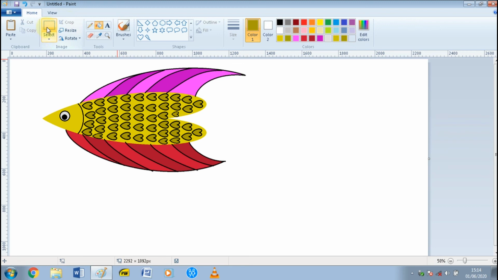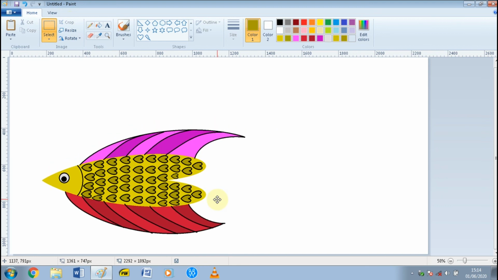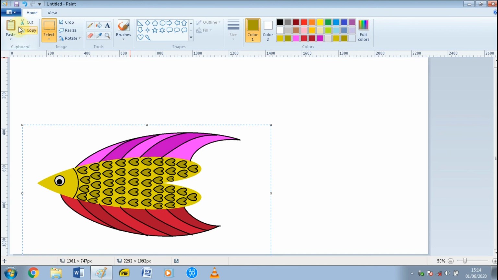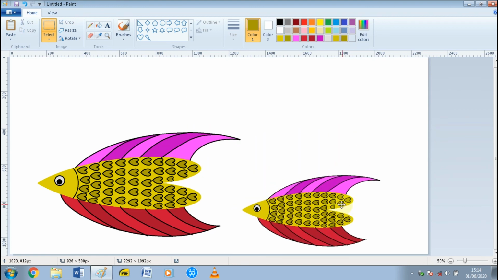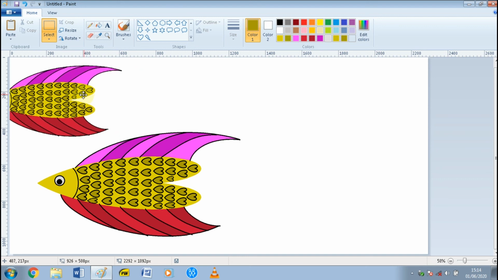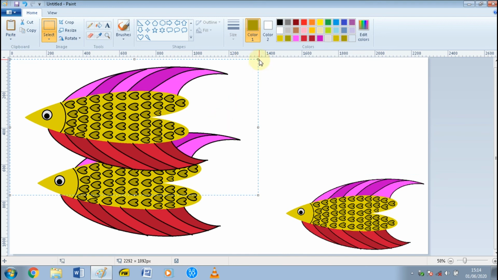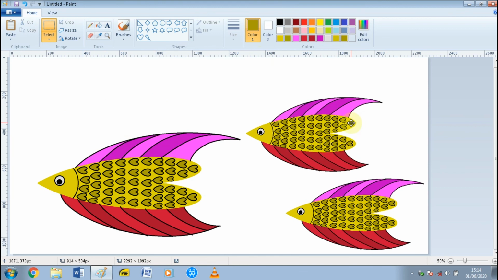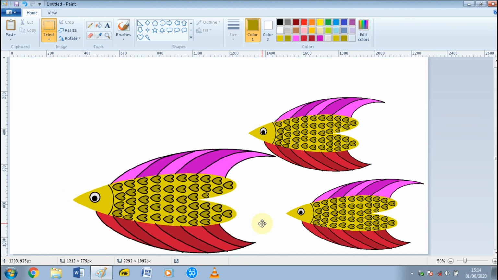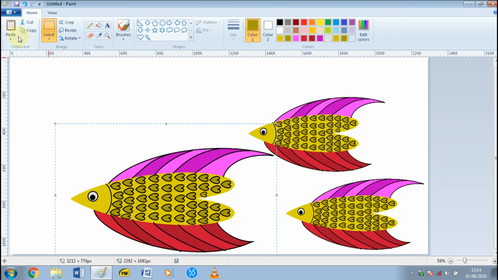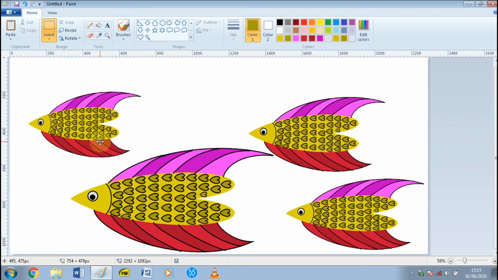then we have the fish over here, and we move it to the center. We can copy this fish, copy and paste. Here I will make it a little bit small up here. And then I will paste again, make it a little small, and I will paste again to make a small fish. Okay,